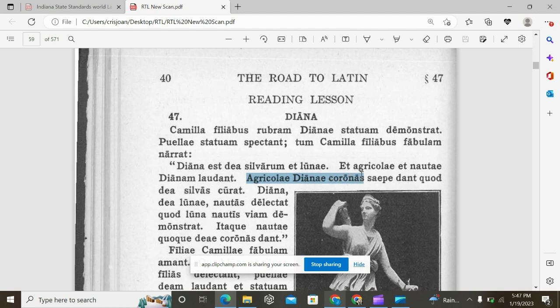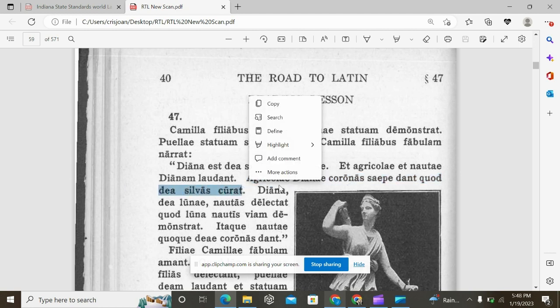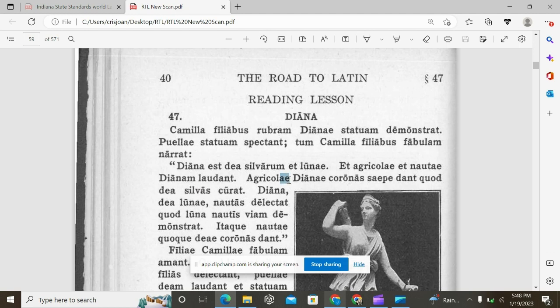Agricolae Dianae coronas saepe dant, quod dea silvas curat. So the agricolae, the farmers, nominative plural, dant, they give. So here's the verb. This is really a complete sentence here. Quod is functioning as a conjunction that joins two sentences together. So we can take a look at this sentence by itself. The agricolae, the farmers, dant,